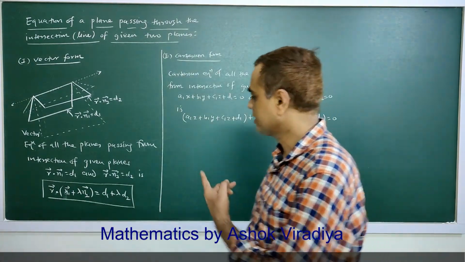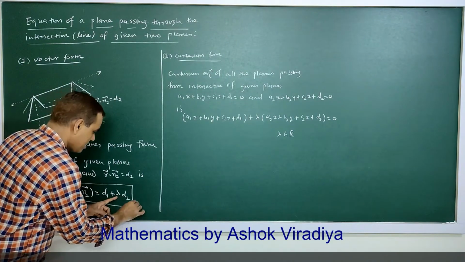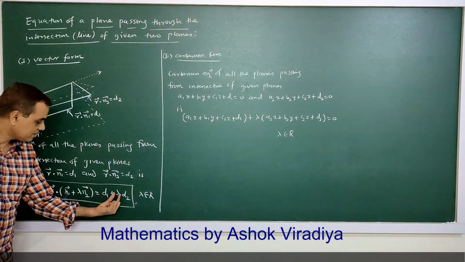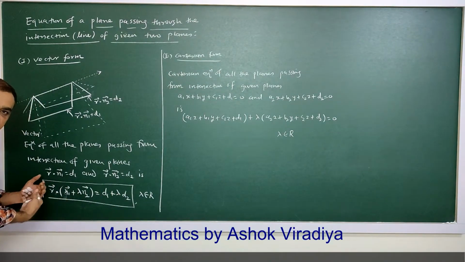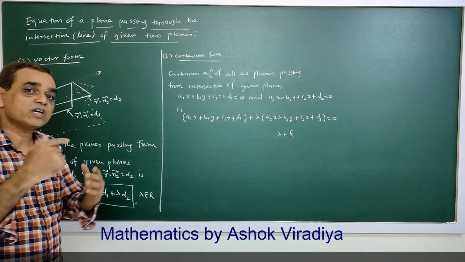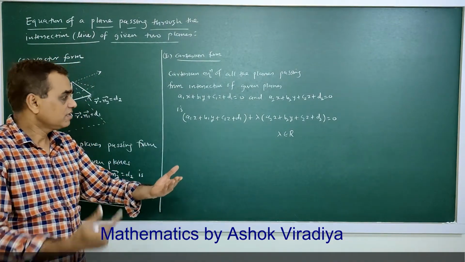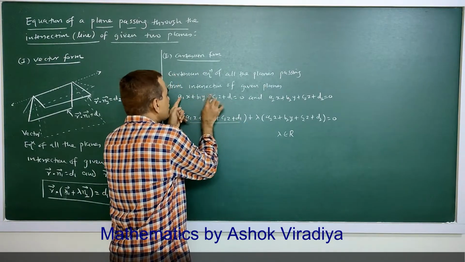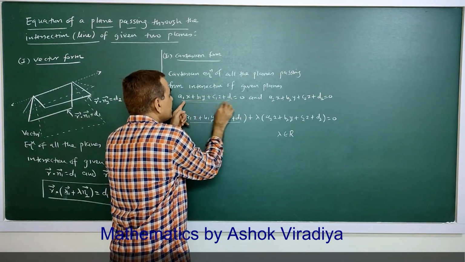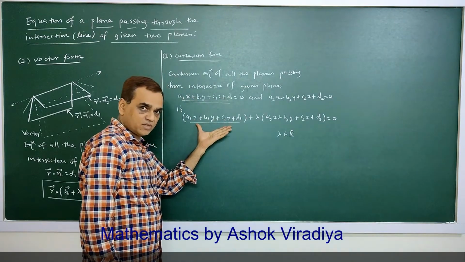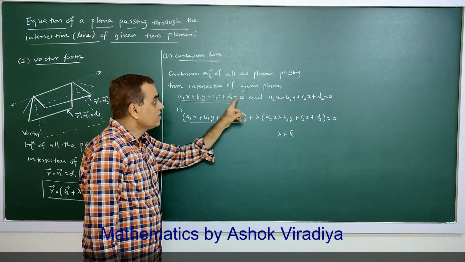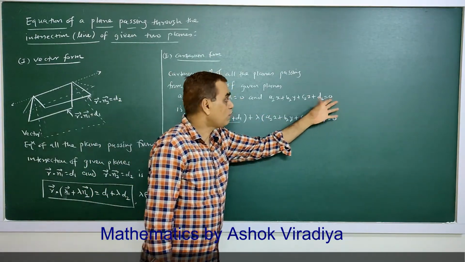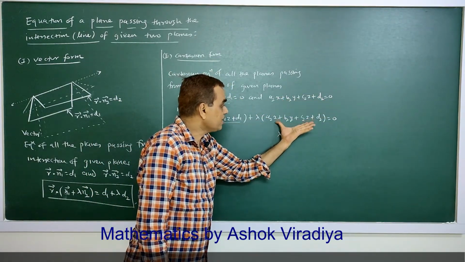In this result also, lambda is any real number, lambda belongs to R. As you change the value of lambda, every new value of lambda gives a new plane. In this result also, see, these parts are fixed in the equation. Take this part from the equation and put it here. But before taking this part, check that the RHS must be 0. In both equations, the RHS must be 0. So whatever is the LHS, put it here in this result.